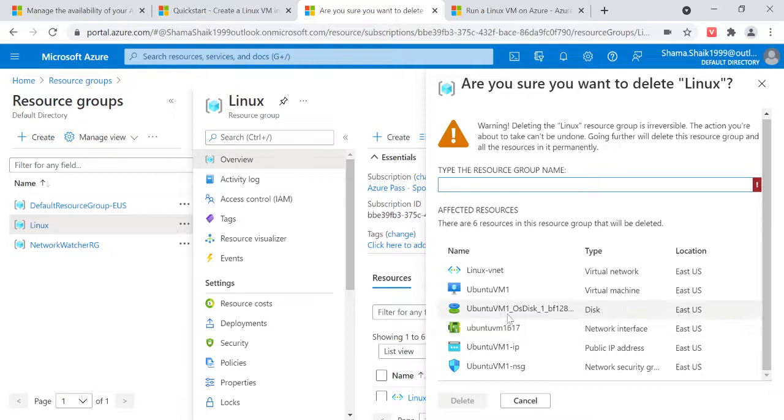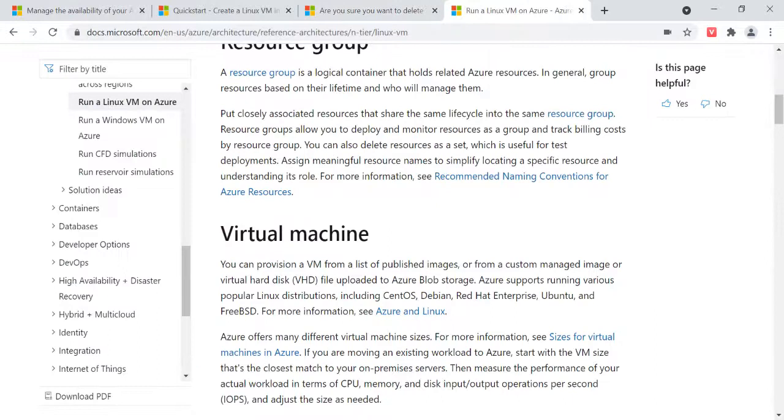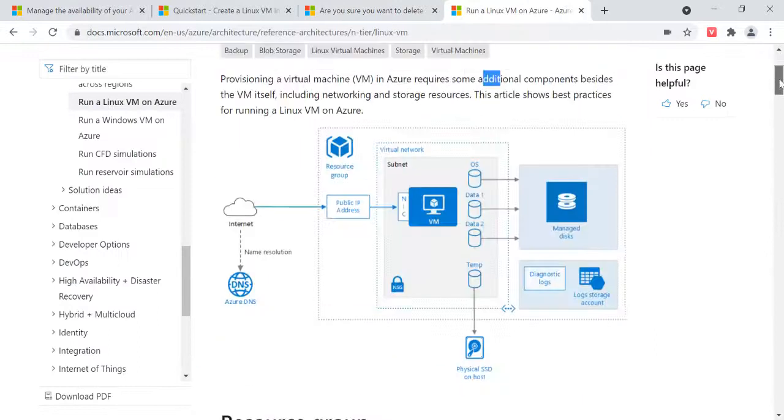Now I have this particular virtual machine. If you are creating one virtual machine, then all the related things will come by default, because you are selecting and getting those properties while making any virtual machine. We have selected Linux, virtual network, and disks of this type, and in the network interface we have a public IP address we have created, and a network security group we have created. These are all the related things which come with a virtual machine. As we discussed in this diagram, all these things are important while creating a virtual machine.